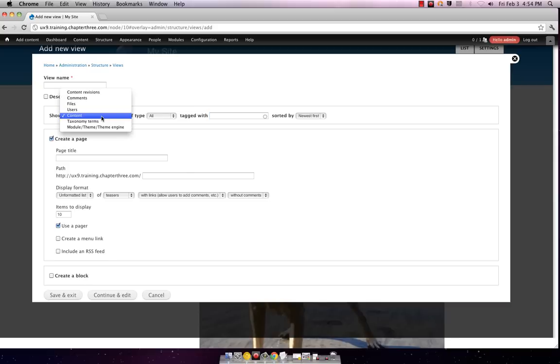Let's see, files, comments. Let's see, is there a way I can... so from what I can see here, it lets me pick some preset different things, show all content of type. Oh, okay, cool. There, of gallery. That's what I want. Okay, let's do newest first. That's fine. Page title,